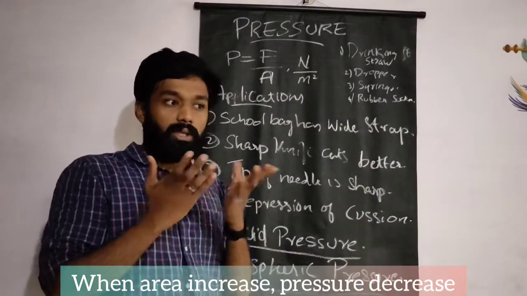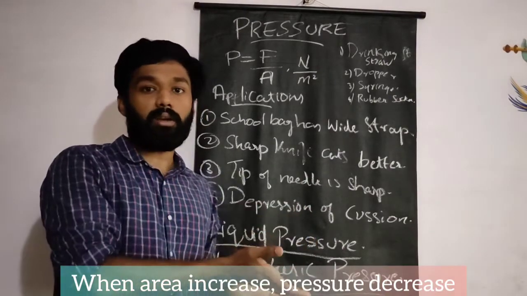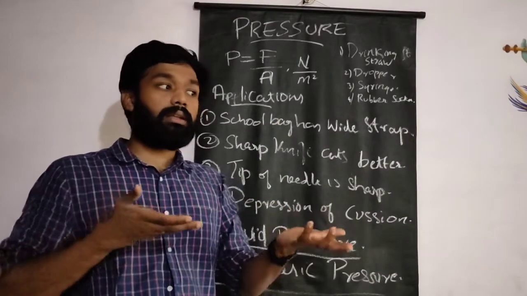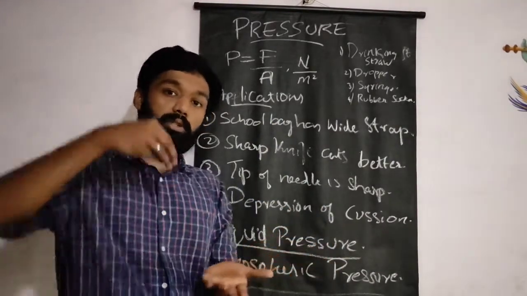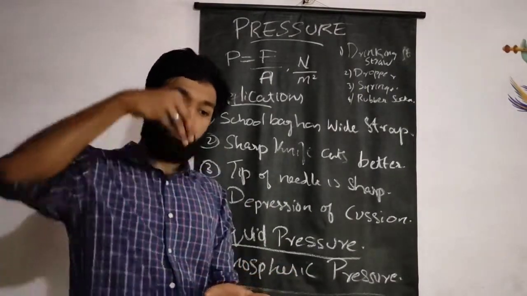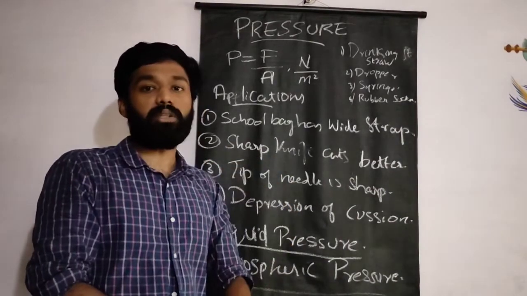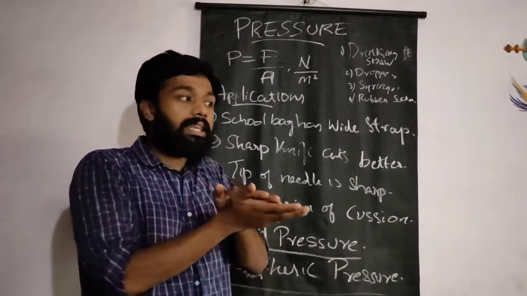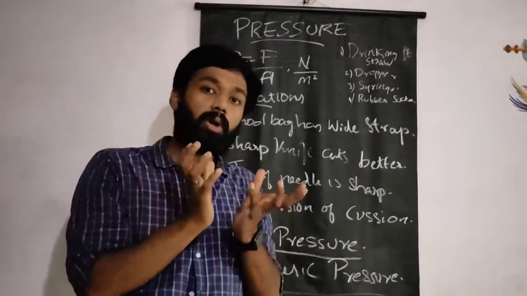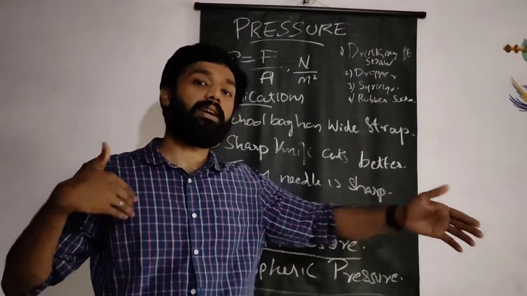Okay, so you can imagine if we are standing on a cushion, what happens? It will go deeper. If we are standing on a bed, what happens? The bed will go so much deeper. But if we are lying on the bed, it will not go that deep. Why? Because the area when we are standing is low and all the weight, all the force, is acting on that small area, so the pressure is more. But if we are lying, we are taking a large area, so the pressure will be less.